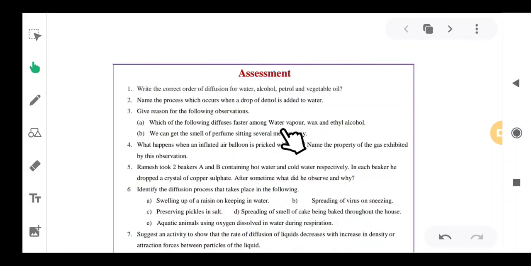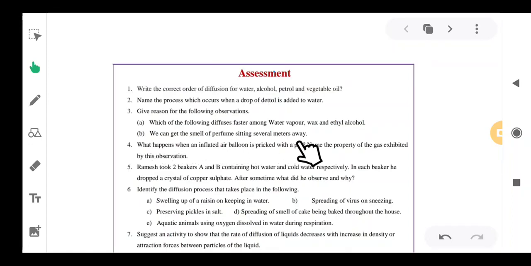What is the reason? The reason is density. If density increases, the diffusion decreases. You have to write density increases, diffusion decreases. That's why ethyl alcohol diffuses faster than water vapor and wax. This is the answer. Next, in this B also, we can get the smell of perfume sitting several meters